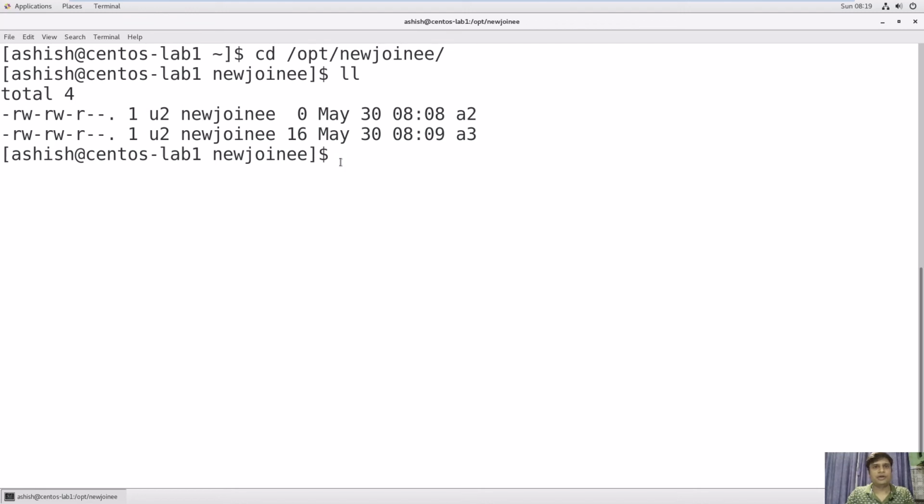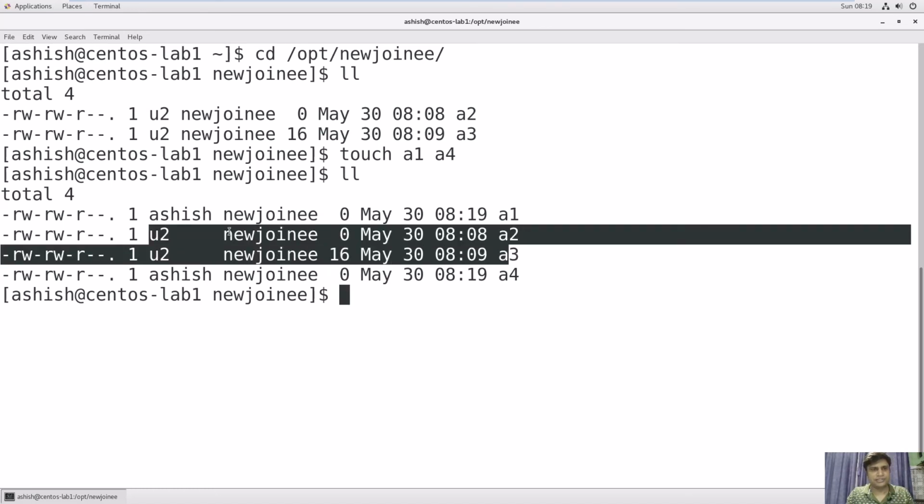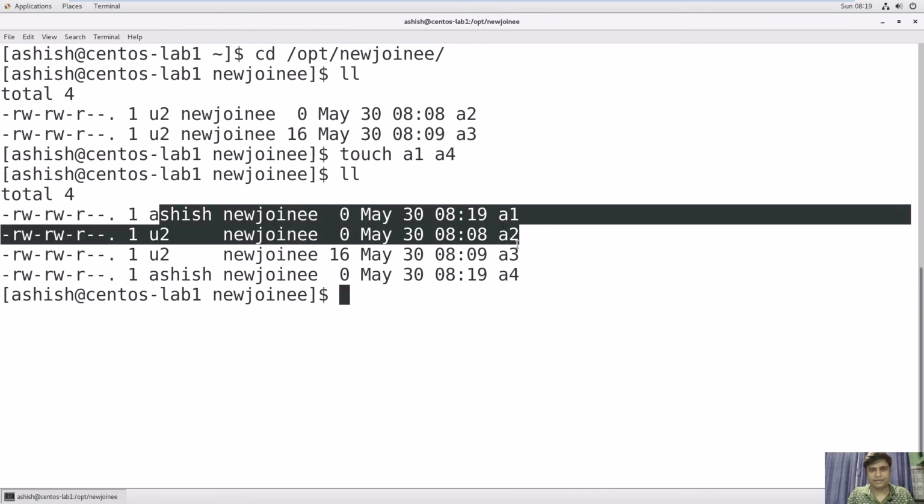Now I will create files using this user Ashish. I will create touch a1, okay, a4. See, these two files were created by u2 and these two files were created by Ashish, a1 and a4.